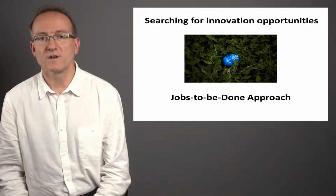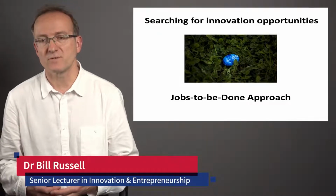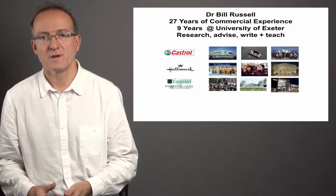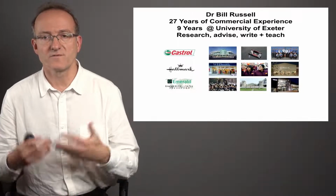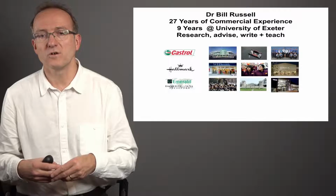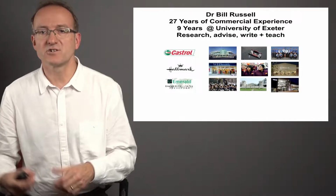Let's look at how organisations search for innovation opportunities, particularly considering product and service development. And we're going to focus in on the jobs to be done approach. My name's Dr. Bill Russell, and following 27 years of commercial experience in a range of international environments, I've worked at the University of Exeter for 9 years. I research and advise organisations on product development and innovation more broadly, and I write and I teach about this